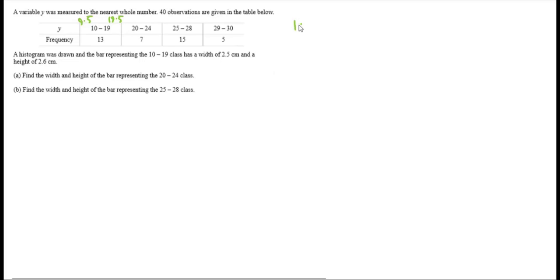Therefore, for our 10 to 19 selection, your class width is going to equal 10, and your frequency density would equal the 13 divided by that 10, which would be 1.3. So we're going from what should have been a 1.3 against 10 to, in fact,